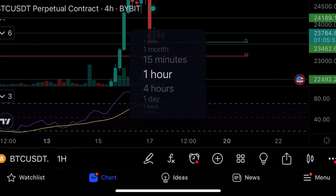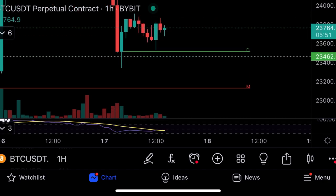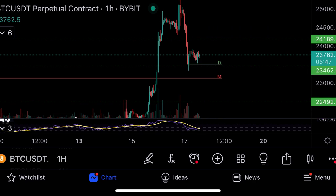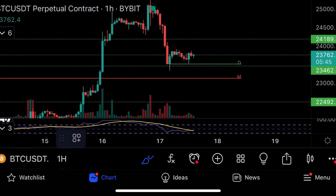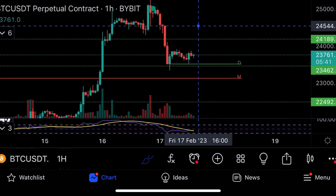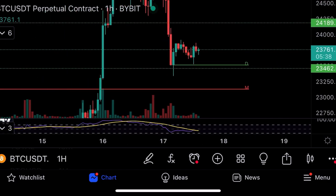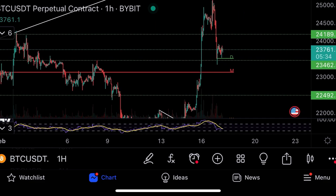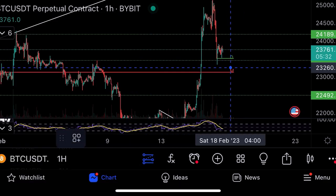On the hourly, RSI is very oversold, so it pulled back enough. But on the hourly, we've got a bearish pattern. It's making high highs, but it looks like a bearish pattern, and it can drop here. So I would actually go long from the strongest support, which is here. I would go long from here,